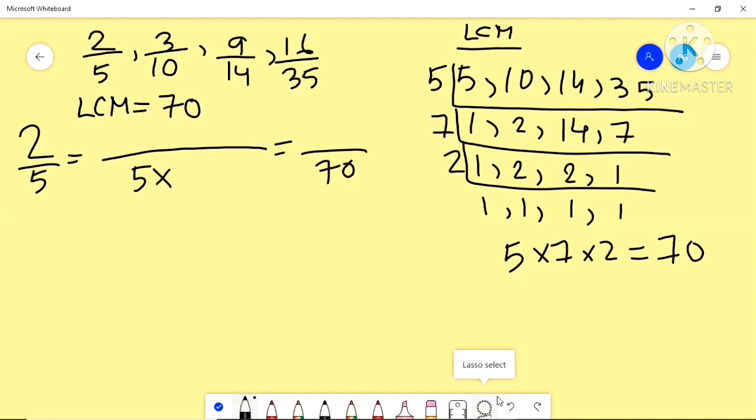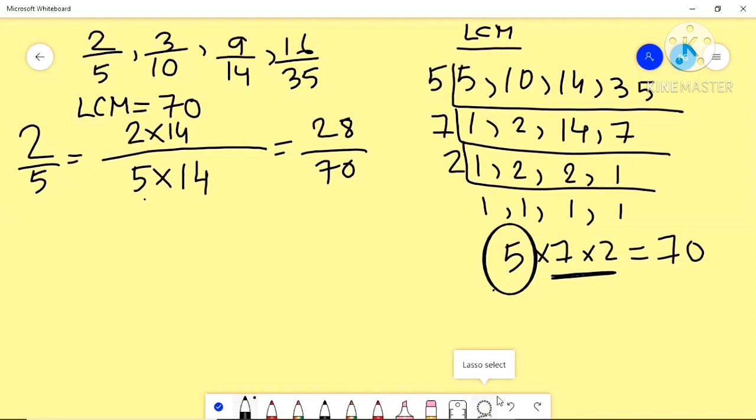So how to find? Here also many people face difficulties. Okay, so I am telling you one more trick. See, can you see 5 here? So this 5 you can imagine. So leaving this, discard this 5, what is left? 14 is left. That means when you multiply 5 into 14, you get 70. So the same number you multiply 2 into 14, you will get. So 2 into 14 is how much? 28. So one fraction you got.